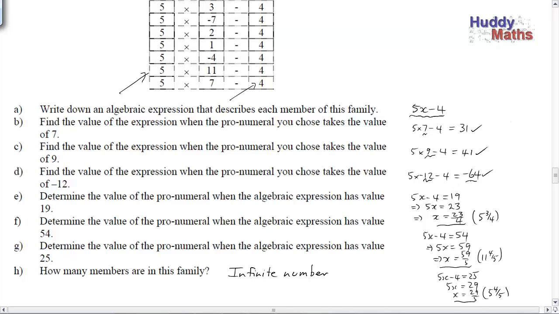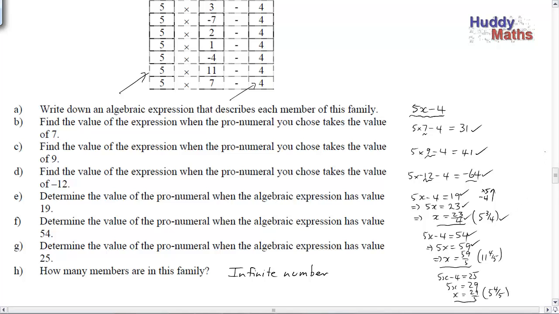When the algebraic expression has 19, so you're starting off saying we know it's 19. So the missing letter has been times by 5 and 4 has been taken away. Let's reverse that. Let's add 4 and then divide by 5 and get 23 over 5 or 4 3/5. When the algebraic expression is 54, do the same thing. Add 4